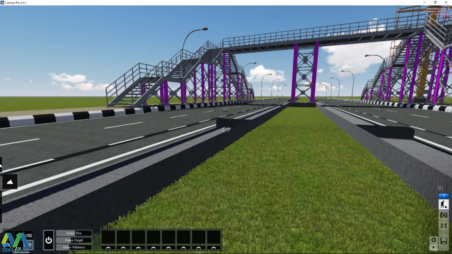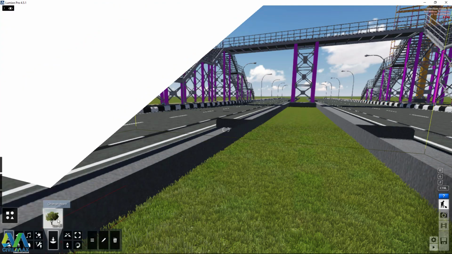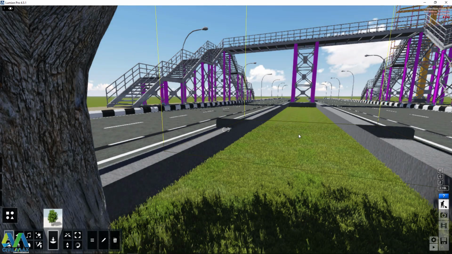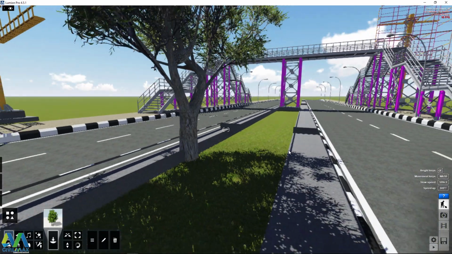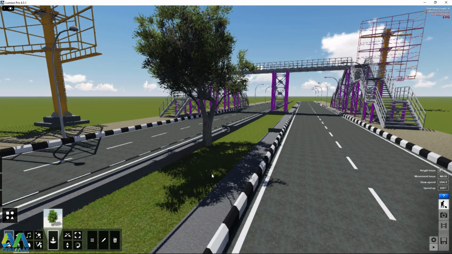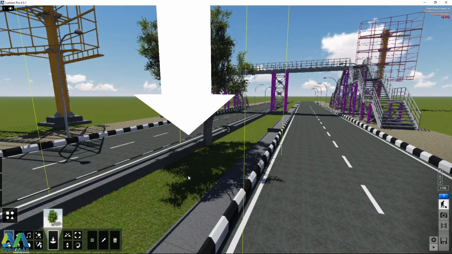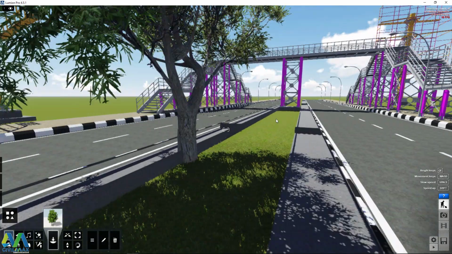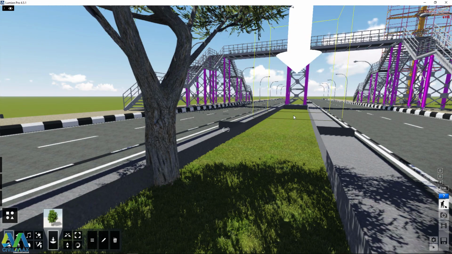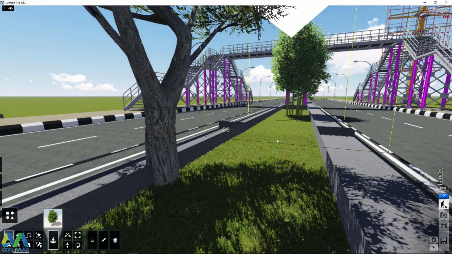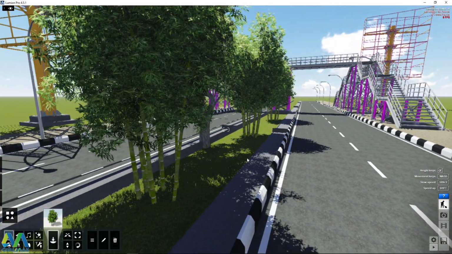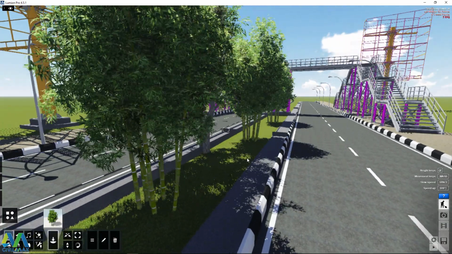And now we want to add some trees here. You come to objects right there, then we want to add some trees here, and not much. We'll add one here, and probably add another one right there, and add another one right here. Now I'll bring this down like that by pressing Q,